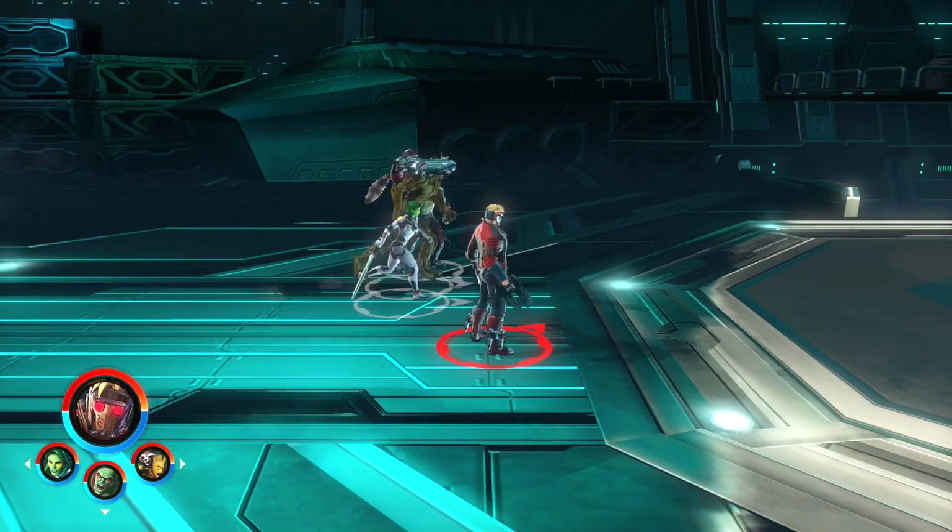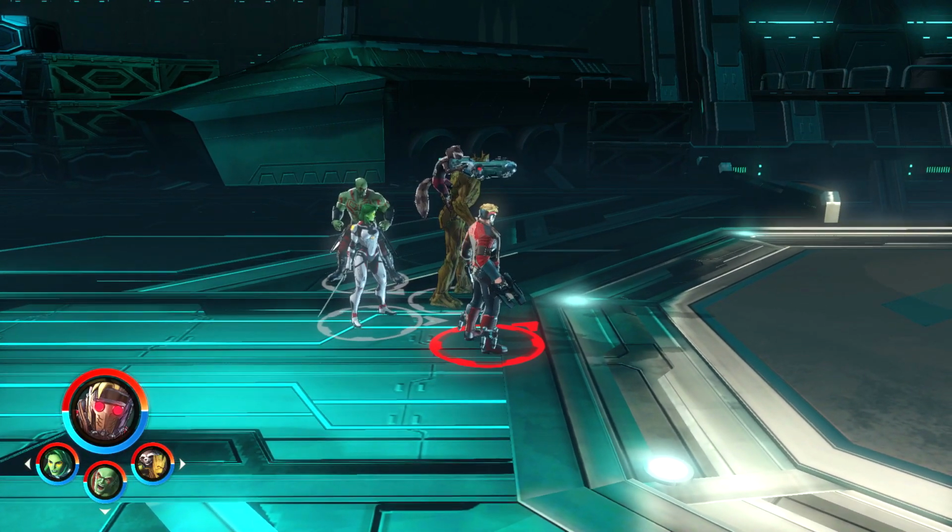So, first off, light attacks. Hit them in together, you have a light attack combo, and then...